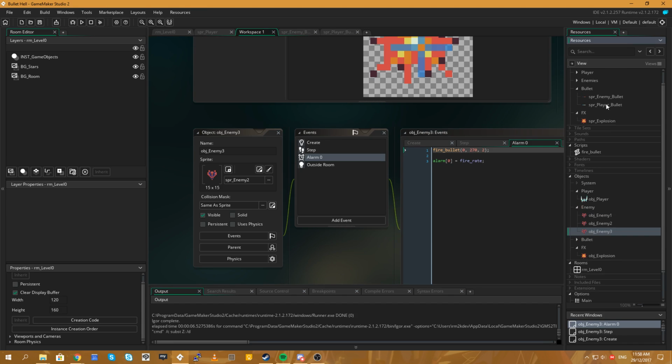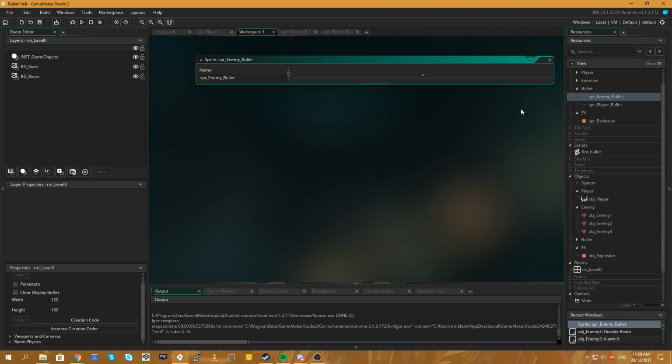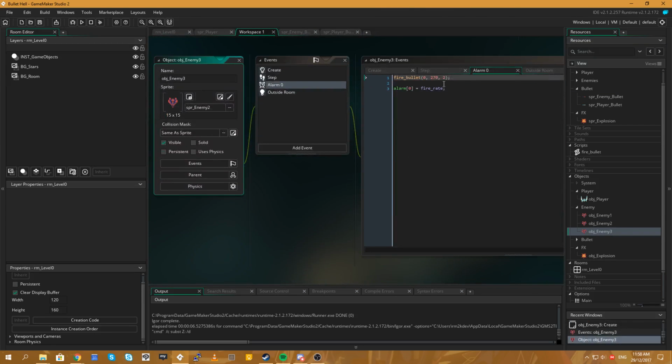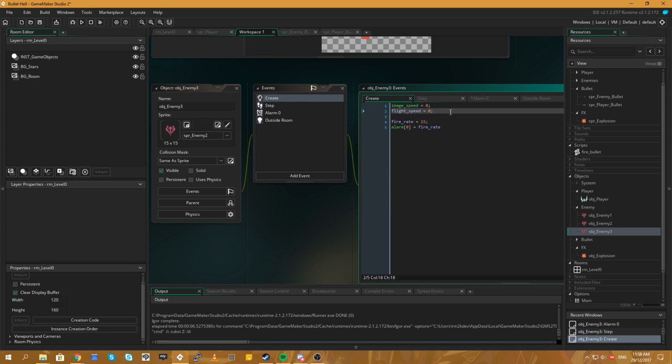So what we want to do is create a bullet. Now the bullet we're going to use is the third bullet. So this is 0, 1, 2. We're going to be using sprite index 2 for this one. And this time we are going to count up from 0 to 360. Is that right? No, let's count from 90 all the way to 360. No, hang on a minute, that doesn't work. Let's count from 0 to 360. Sorry, I'm confusing myself. So this is going to be start_dir equals 0.